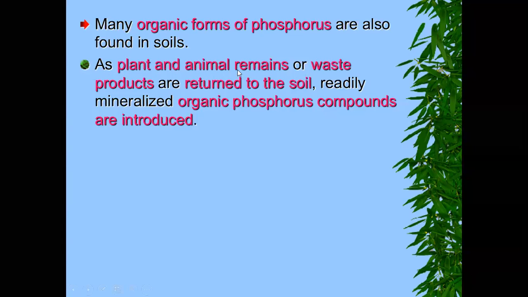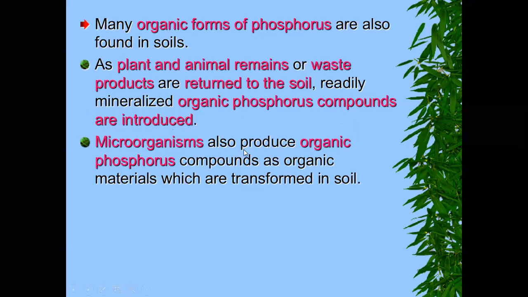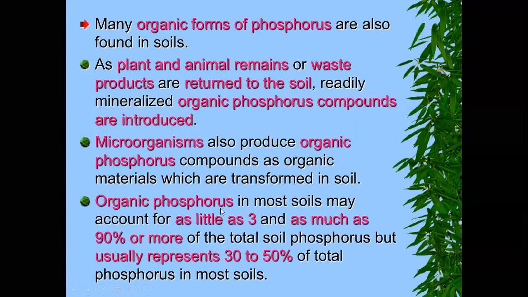So from these plant and animal remains or waste products, organic phosphorus compounds are produced. And microorganisms also produce organic phosphorus compounds as organic materials are transformed in soil. And the organic phosphorus in most soils may account for as little as 3 and as much as